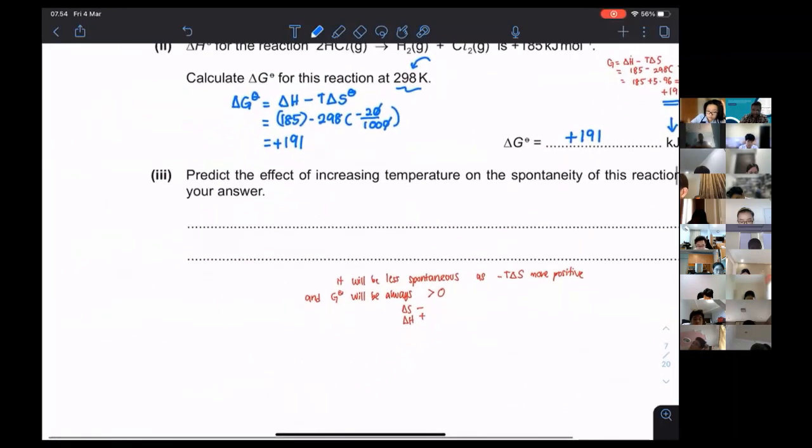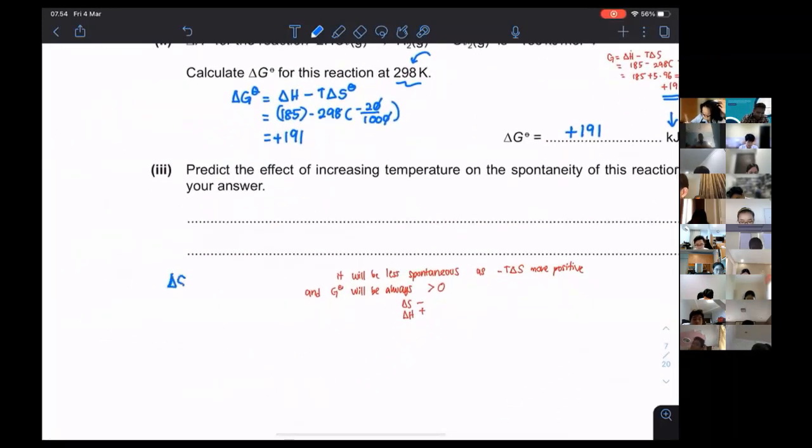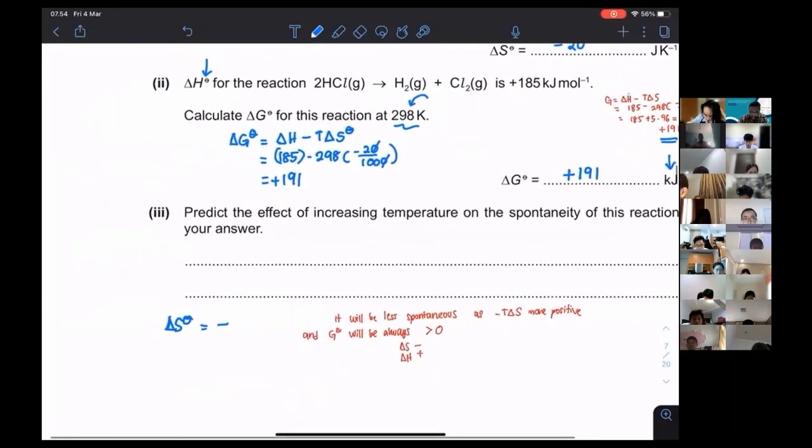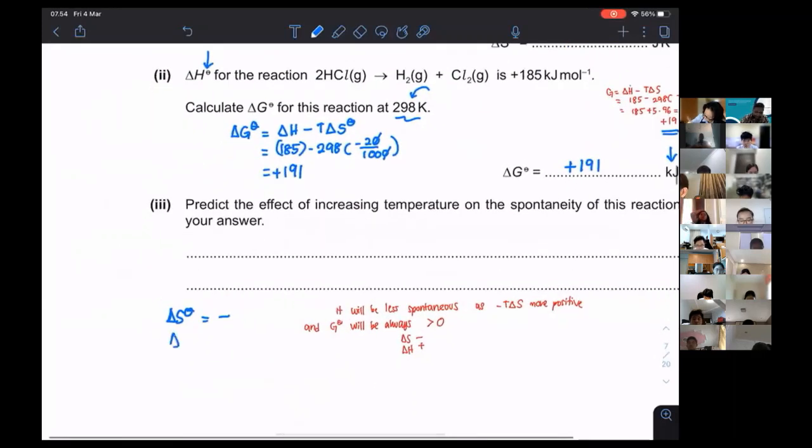Because the entropy change is going to be negative, and then we know that delta H is going to be positive. So you can see the symbols are opposite, negative and positive. Whenever you have the entropy negative and delta H positive,